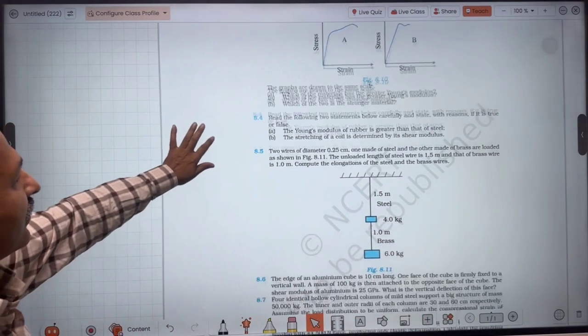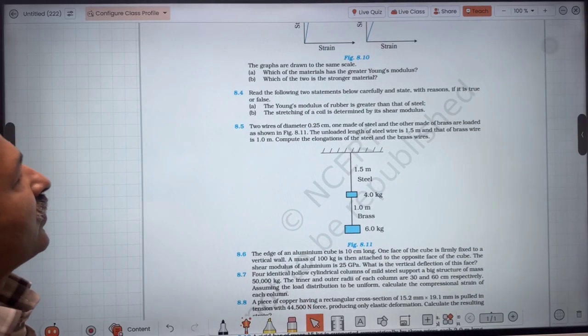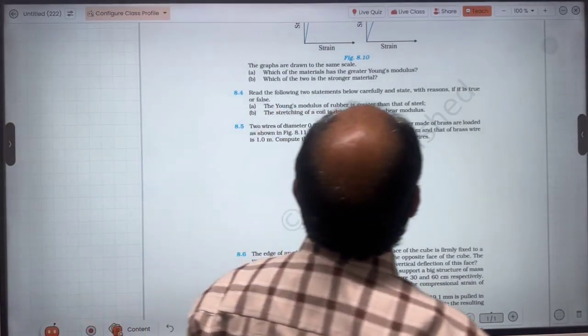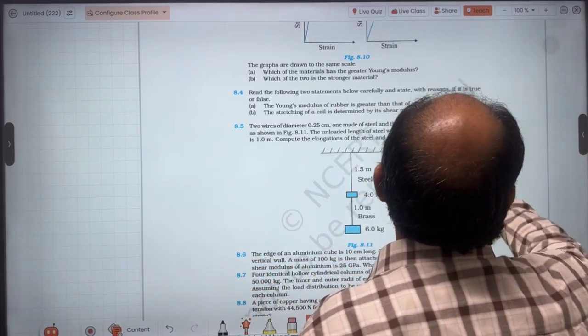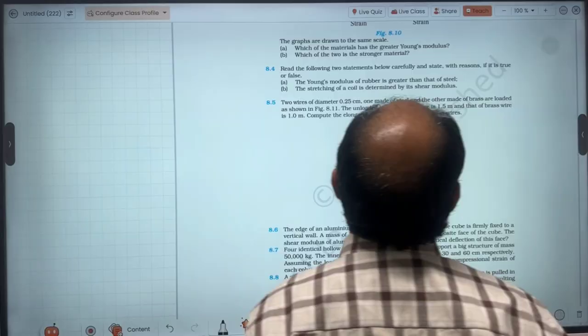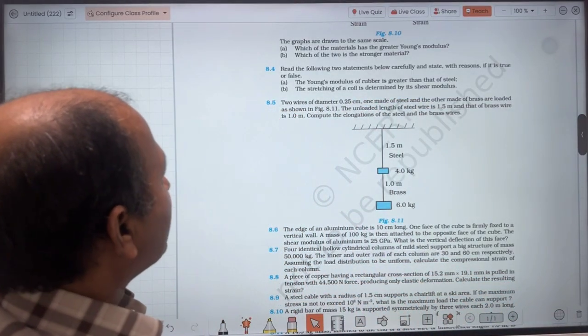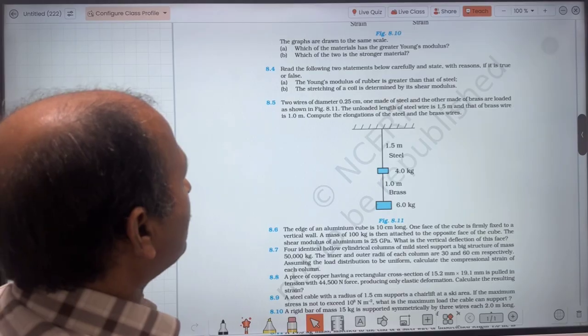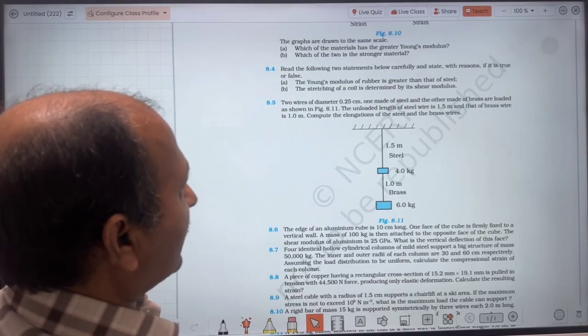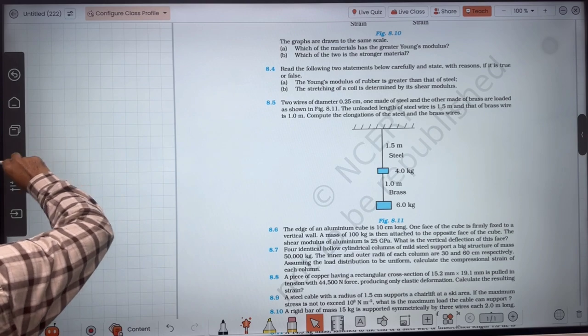Now, next question is, two wires of diameter 0.25 centimeter, one made of steel and the other made of brass, are loaded as shown in the figure. The unloaded length of steel wire is 1.5 meter and that of brass wire is 1 meter. Compute the elongation of the steel and the brass wires. So here